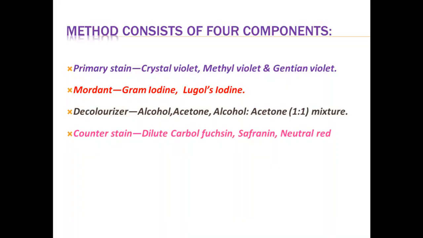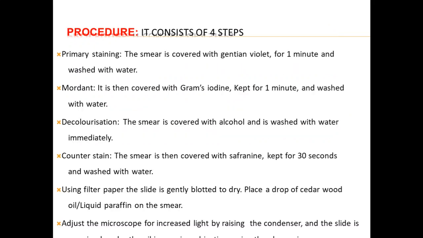So what we see here is that it consists of a primary stain, mordant, decolorizer and counter stain. So it consists of 4 steps. As we see here, for the primary staining, crystal violet is added and retained for 60 seconds, that is 1 minute. Then we wash off the crystal violet after 1 minute, then add the mordant. The mordant also is retained for about a minute, and then we wash out the mordant, and then we start the